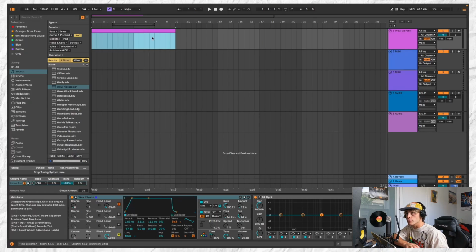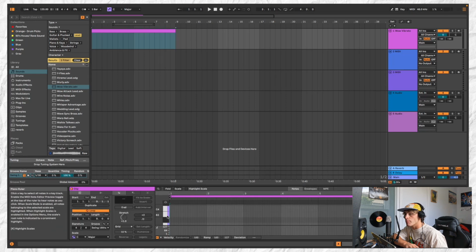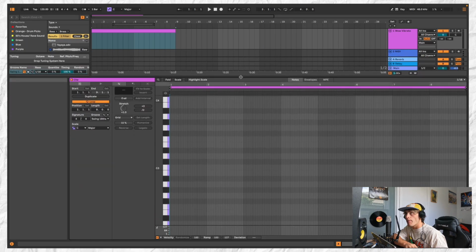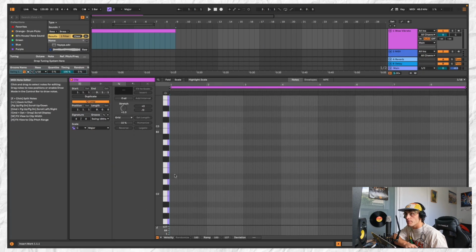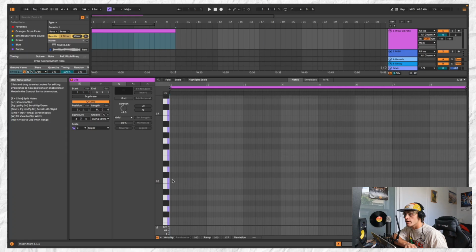So in order to start drawing on this MIDI, on this pink block we've created, if you double click on the block, you'll see this piano pop up down here. What you want to do is make it a bit bigger, and you can see this space below right here is where you'll be drawing the notes that you want to hear. So if we just click on this little headphone slot,